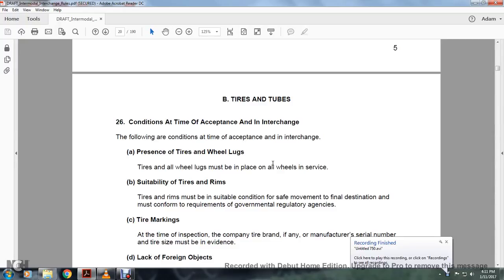Alright, B. Tires and tubes. Condition at the time of the acceptance interchange. The following conditions for the type of the acceptance interchange must be present: the tires and all wheel lugs must be placed on the wheel and in serviceable condition, tires and rims. Tires and rims must be in suitable condition for the safe movement to the final destination and must conform with governmental requirements